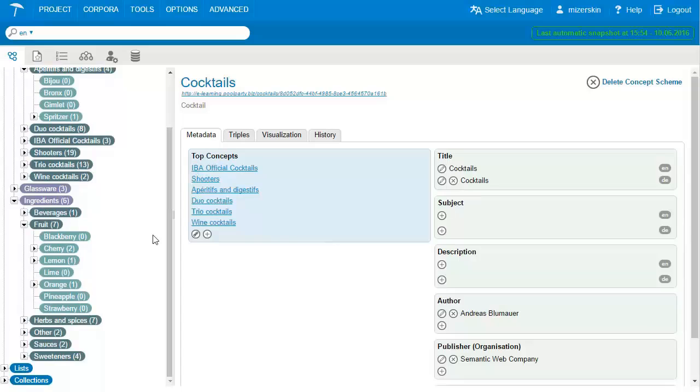And now I would also like to classify the fruits as garnish, which are part of the concept scheme ingredient. As in this concept scheme also beverages, sauces and sweeteners are included, which are not garnishes, I will apply this class on a lower hierarchy level,